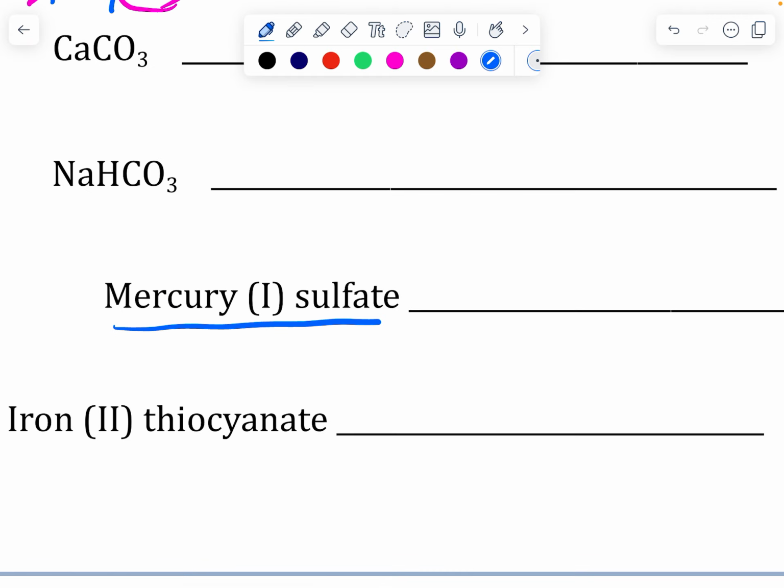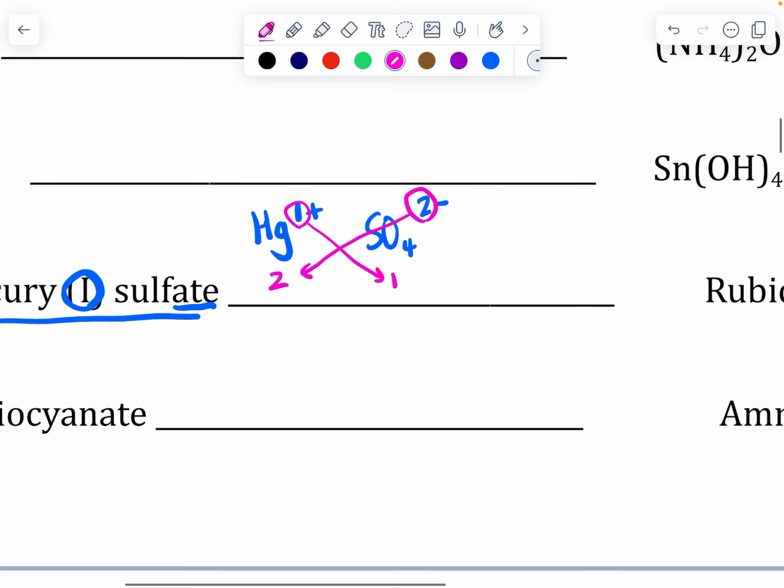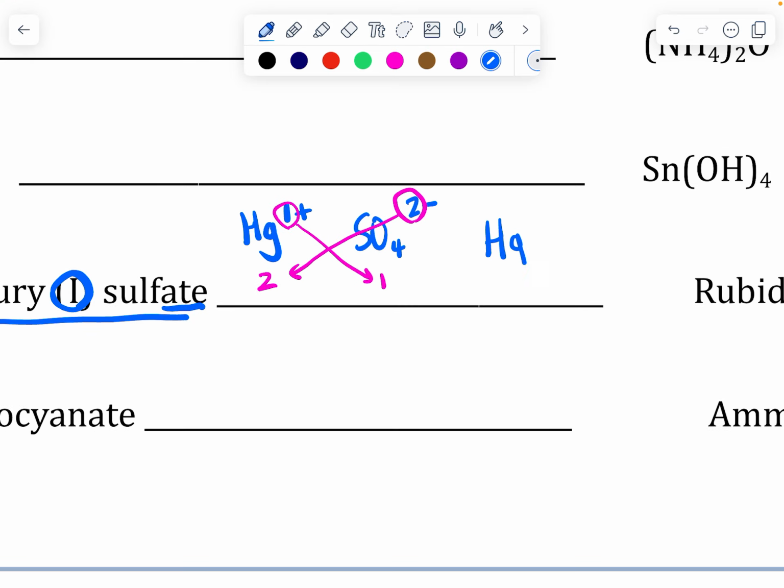Okay? All right, how about we try this one? Mercury 1 sulfate. First, locate mercury. Well, mercury is going to be Hg, and this 1 tells us that this is 1 plus. And where's sulfate? Sulfate ends in ate, which means it's going to be on the back side, SO4 with a 2 minus charge. Take a look. Could I combine these two ions in a 1-to-1 ratio and cancel all the charges? No, I cannot. Therefore, I need to crisscross. Bring down this 2, bring down this 1, and that's the ratio that they're going to combine in. Ready? Hg2,